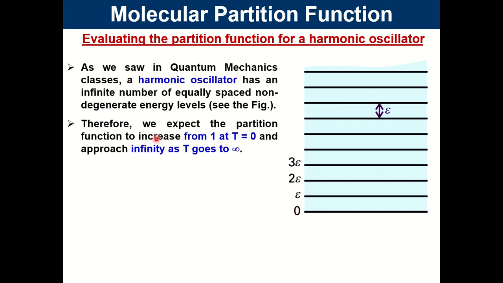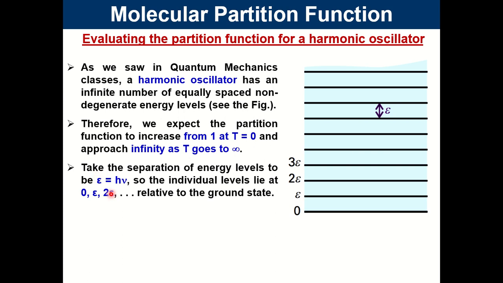So we expect that the partition function will increase from 1. When T is equal to 0, the partition function is equal to the degeneracy, and the degeneracy is 1. There is only one possibility. As we approach infinity, when the highest quantum number, equal to infinity, is achievable, at T equal to infinity the function goes to infinity. So taking the separation of energy levels to be epsilon equal to h nu,